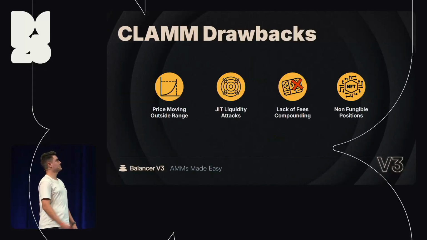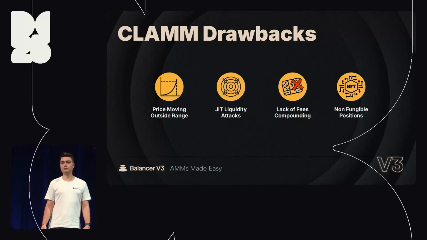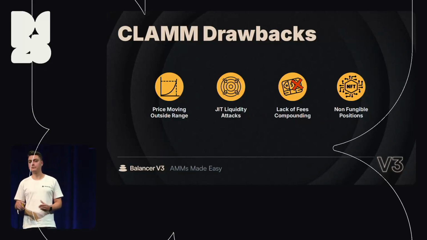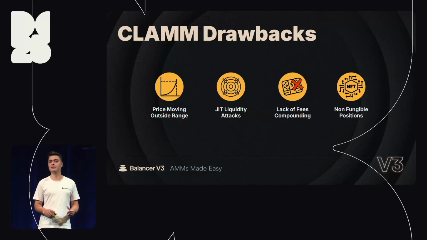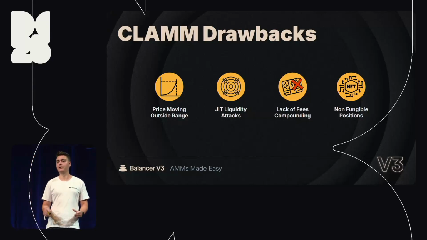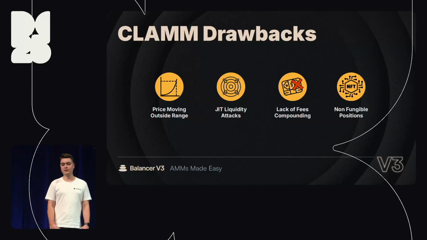That's some of the benefits, but of course, there are some drawbacks to it. So now, if you provide liquidity in a certain price range and the price of the asset, say ETH, goes out of range, then you have to reposition. You have to actively manage that position. That means at the end of the day, if the price goes out of range, you'll be only holding one of the tokens. You have to sell half and then get back into the pool. So that's a bit cumbersome.